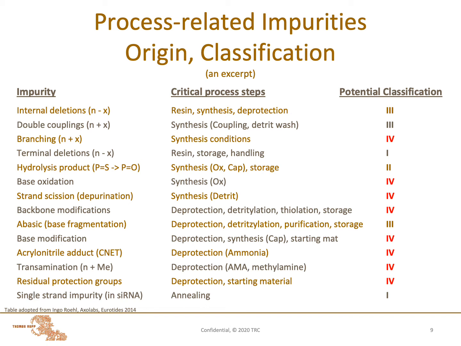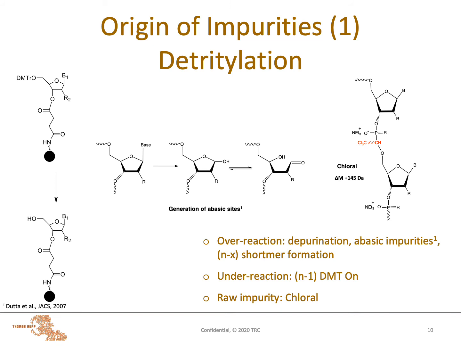And another thing that is worth mentioning is a lot of class 4 impurities happen during the deprotection. So the deprotection step is one of the most critical steps. On the next slides, I'm going through the individual process steps, and I've drawn some potential impurities